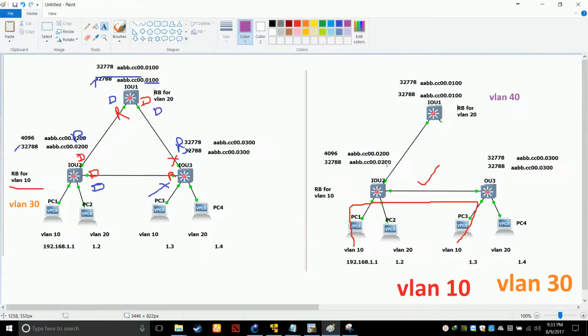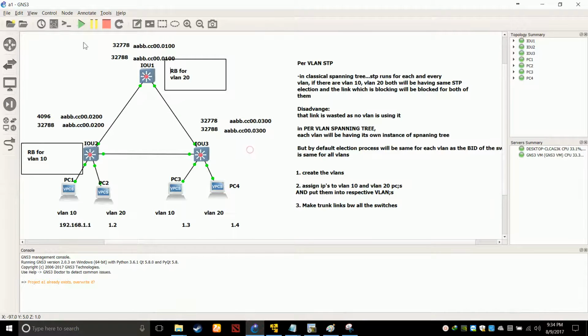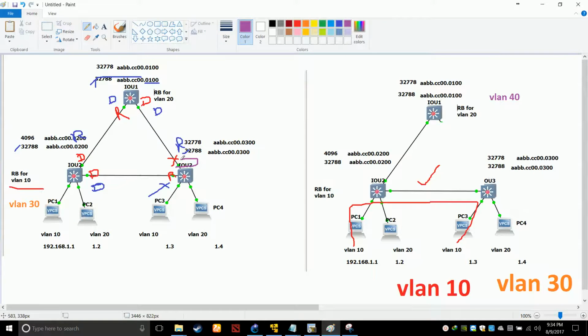And one more thing, after doing all this analysis, you can verify this using the show spanning tree command. So let me just show you for VLAN 10. Let's go on switch 3. This port should be blocked for VLAN 10. But for VLAN 20, this port should be root port. So what is this particular port? Let me show you here in the topology. It is E01. So this E01 should be blocked for VLAN 10.